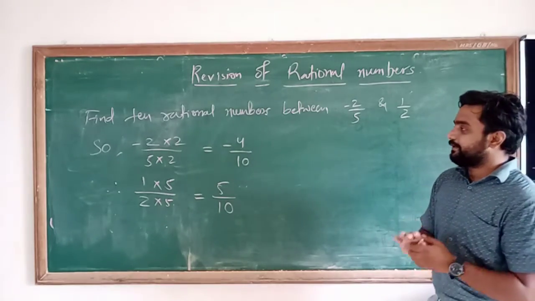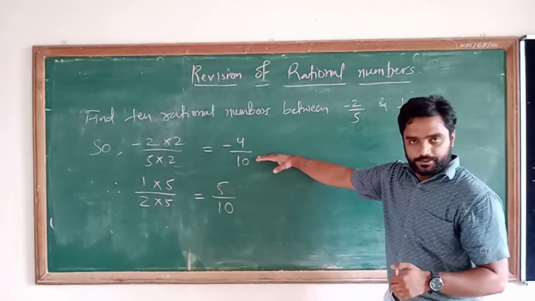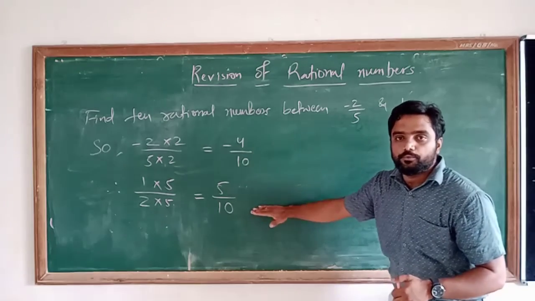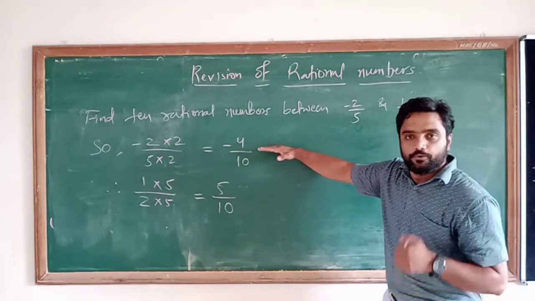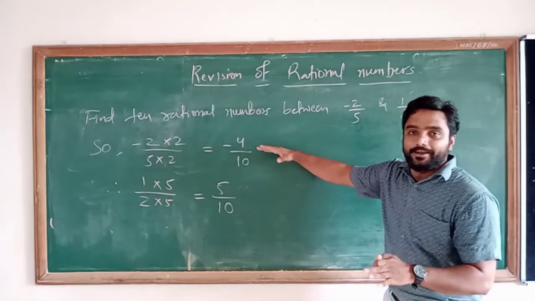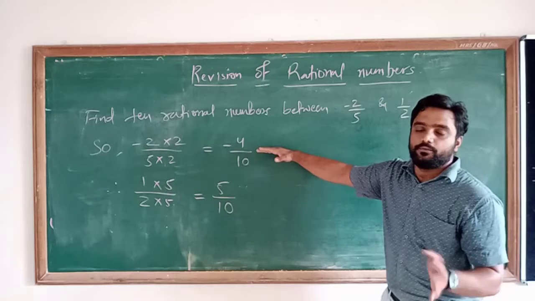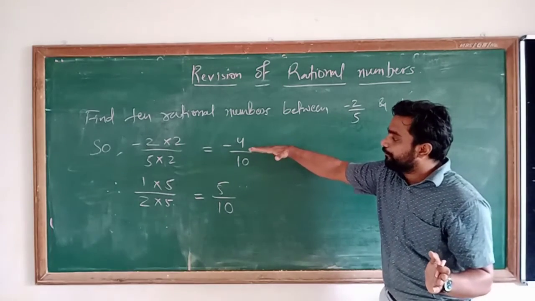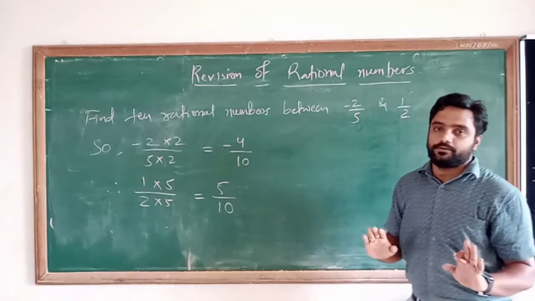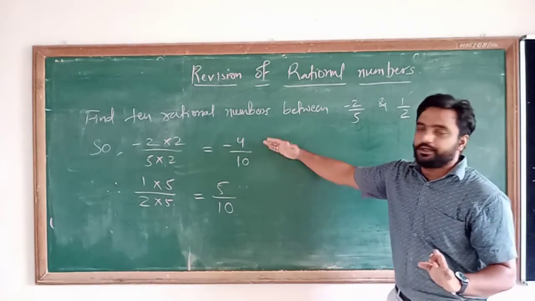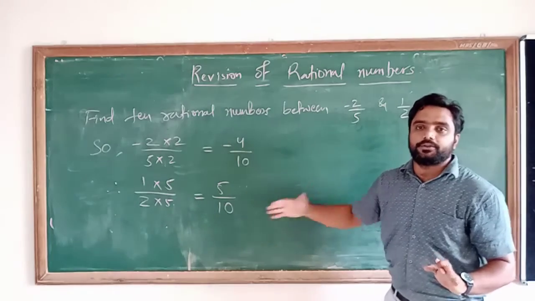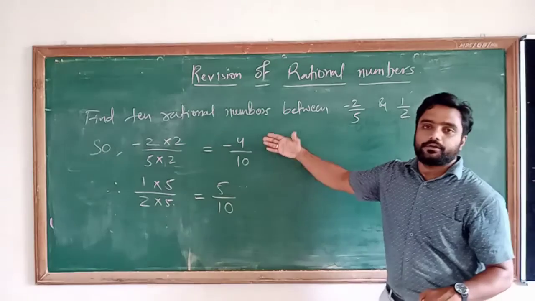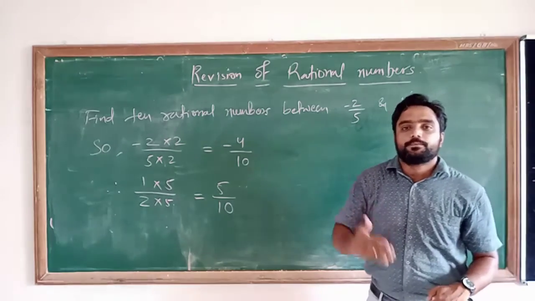Okay. So just see, here it is a negative number. So you have to go from negative to positive. That means what? Here it is minus 4 upon 10. So what will be a greater number than minus 4 upon 10? Means कौन सा rational number minus 4 upon 10 से बड़ा होगा? Why? Because you have to move from negative to positive. Understand or not? और you can move from positive to negative. अगर negative से positive की ओर जाते हो तो आपको greater value लेकर आगे बढ़ना है, और अगर positive से negative की ओर rational number लिखते हो तो आपको smaller value से आगे बढ़ना है.